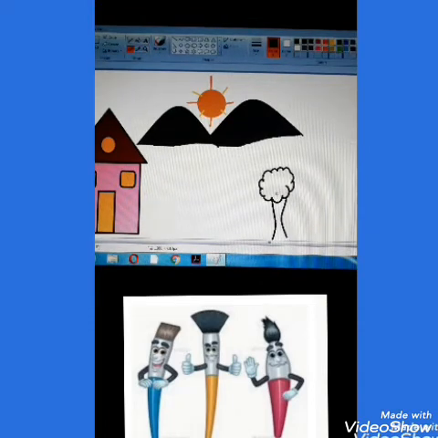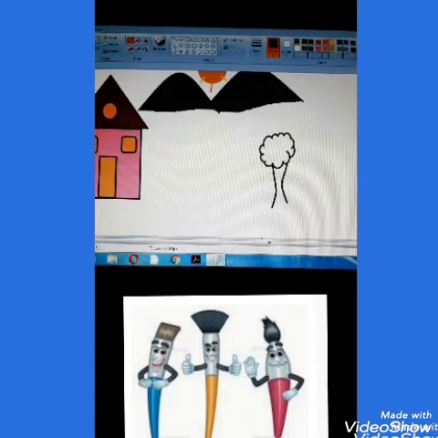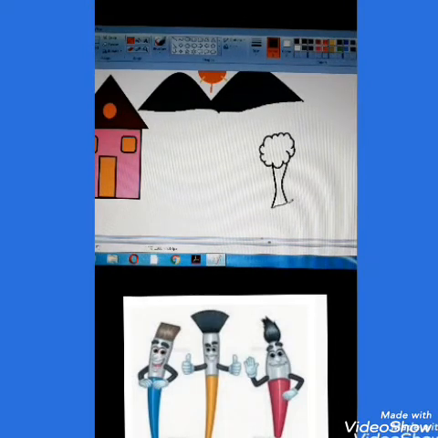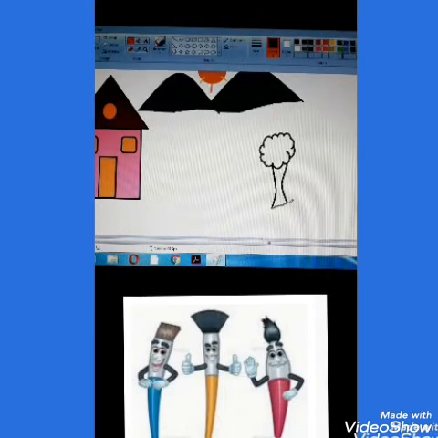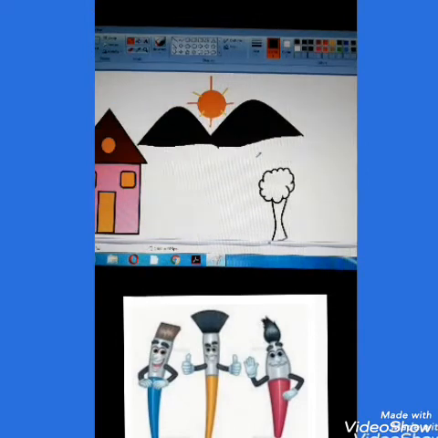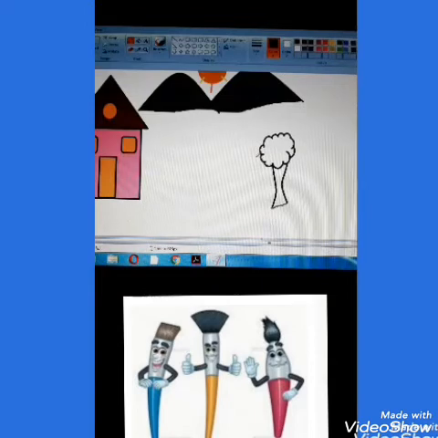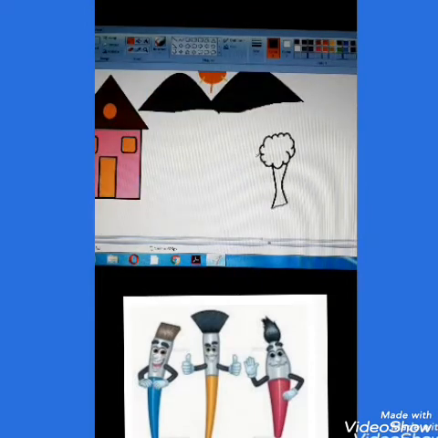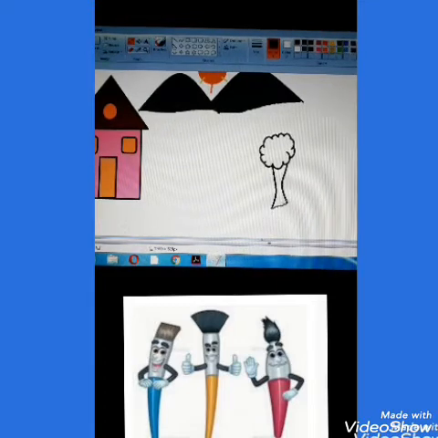Now we have to do the coloring of the tree. For that, as you all know, you have to join this trunk part. Yes, okay, once you have joined it, it is randomly, no need of doing it straight or anything, just randomly. And see children, you can scroll up and down here. Scroll button also I showed you. According to your picture, according to your drawing, you have to scroll it, and according to your convenience you have to adjust the picture and do the drawing or coloring part.